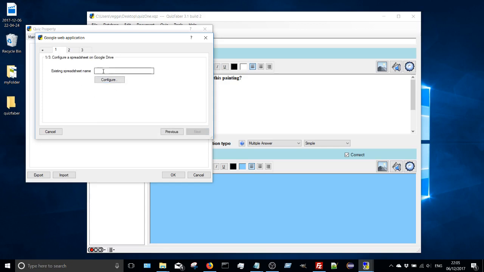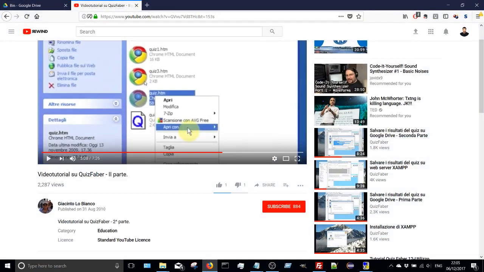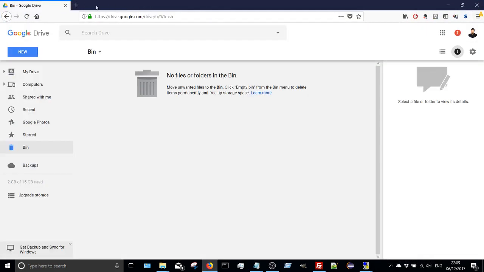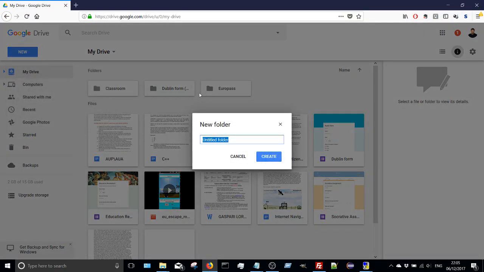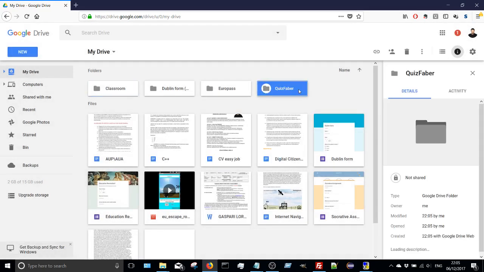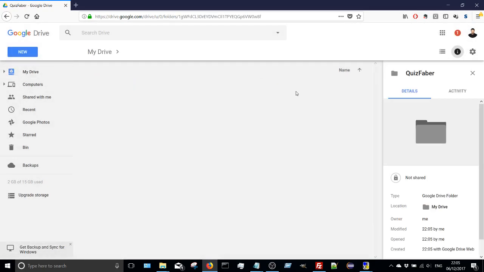Existing spreadsheet name. Here we have to put the name of a Google spreadsheet file, and the two names have to be the same, okay? So now I'm going to take Firefox. I'm going in my Drive and I'm going to create a new folder that I'm going to call Quizfaber. Okay, I create the folder, open the folder, new